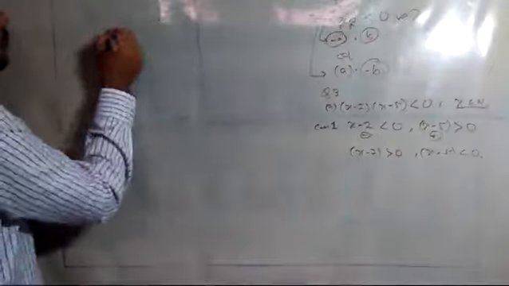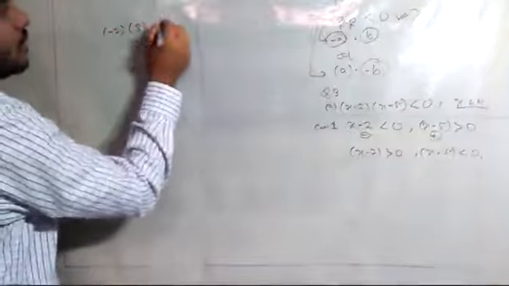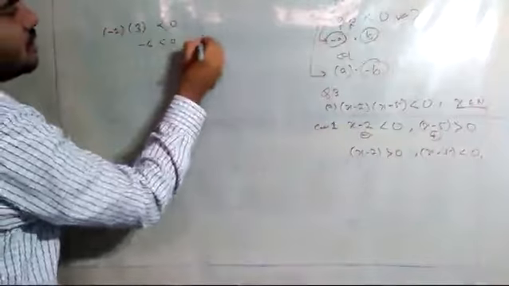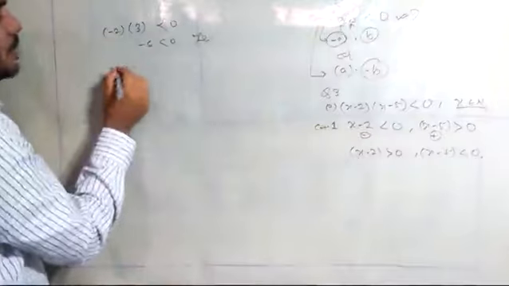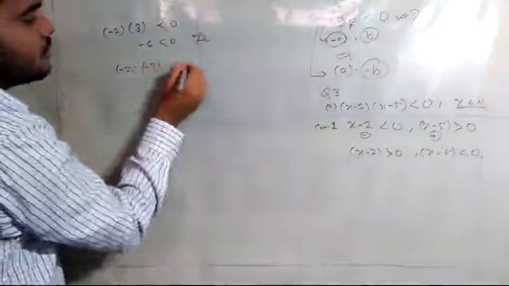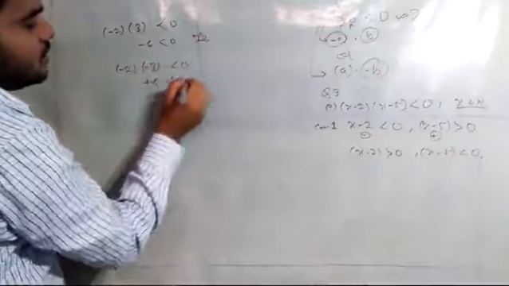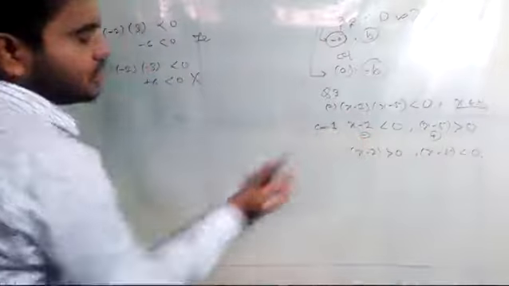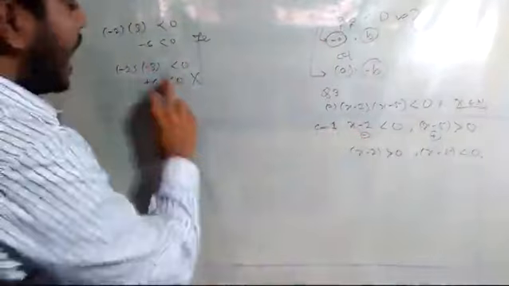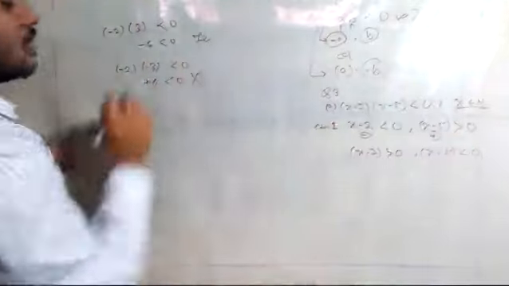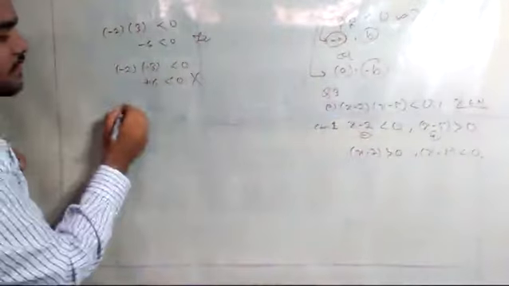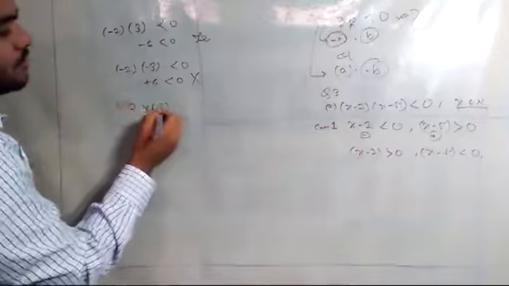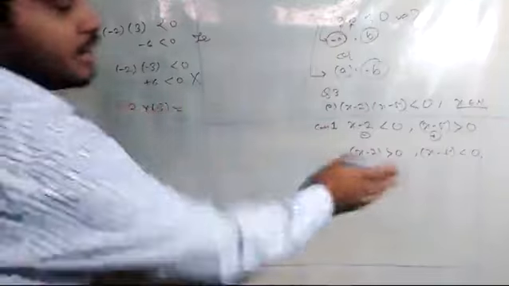Like minus 2 multiplied with 3. Is it not true that it is less than 0? Minus 6 is less than 0. This is true. If I say minus 2 multiplied with minus 3, plus 6, this statement will be false. That means the solution of this part should be either negative and this part should be positive. Then only we will get it, or just vice versa, like plus 2 multiplied with minus 3. Same is the case here that we are dealing with.